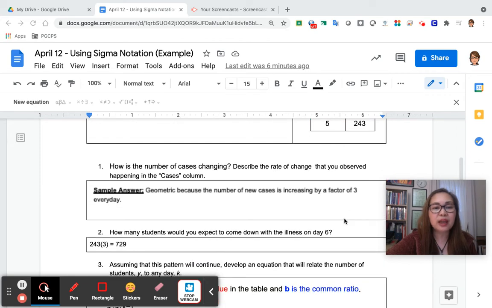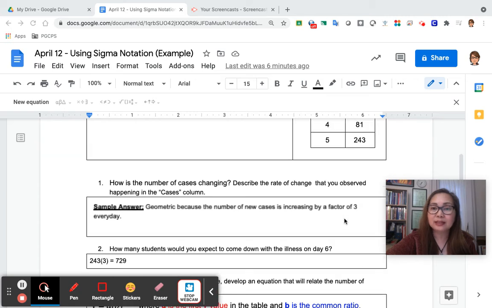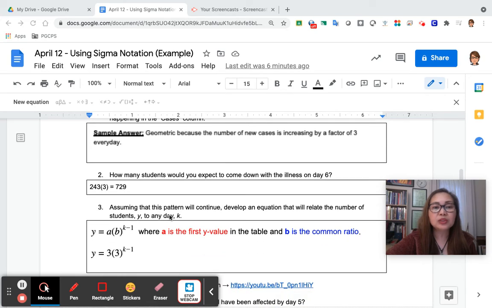Next question is, how many students would you expect to come down with the illness on day 6? And because you're just multiplying by 3 on day 6, if you multiply 243 by 3, you're going to have 729 cases. Now, assuming that the pattern will continue, develop an equation that will relate the number of students, y,